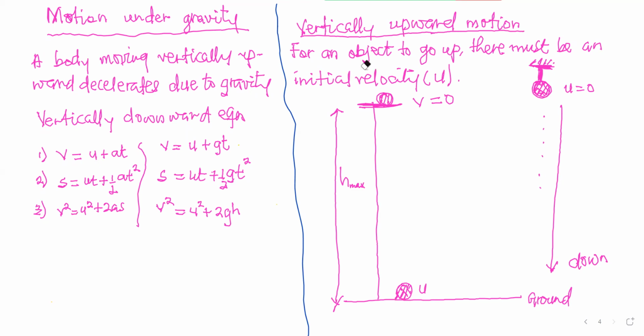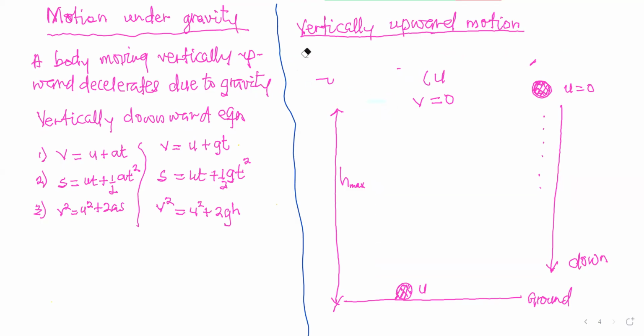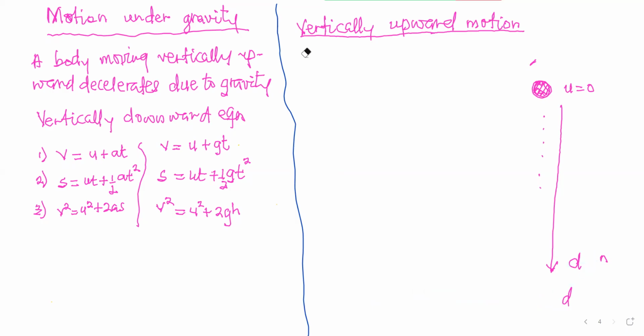Let's look at upward motion, equations for vertically upward motion. When the body is projected or thrown to go up, its velocity decreases with time. Now, decreasing velocity with time means that the body would decelerate. For deceleration, it's a negative of acceleration. So for vertically upward motion, the first equation is V is equal to,